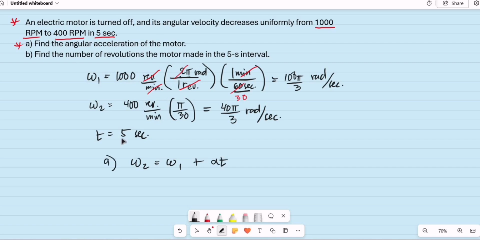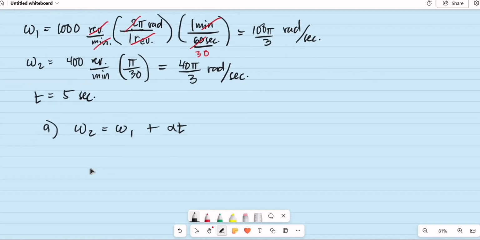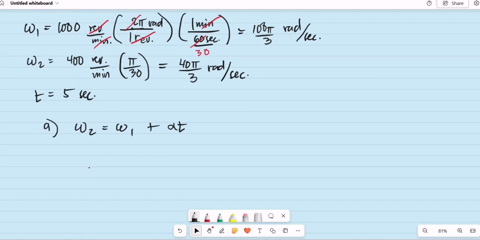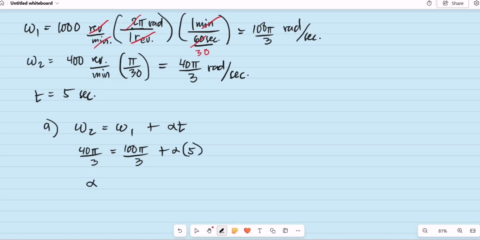So this is the required for letter A. If we substitute, our final angular velocity is 40 pi divided by 3. We have our initial is 100 pi divided by 3 plus our alpha, multiplied by the time, 5 seconds. So alpha should be equal to,